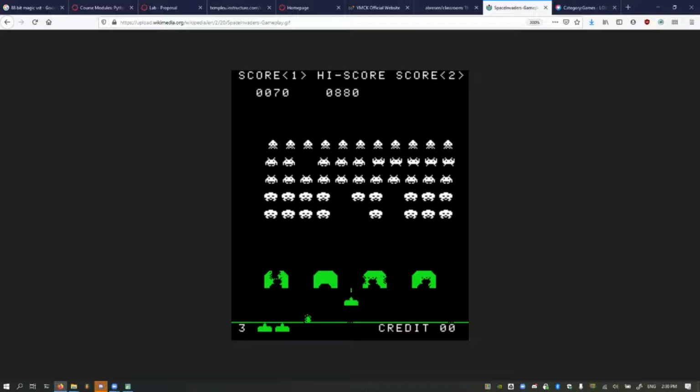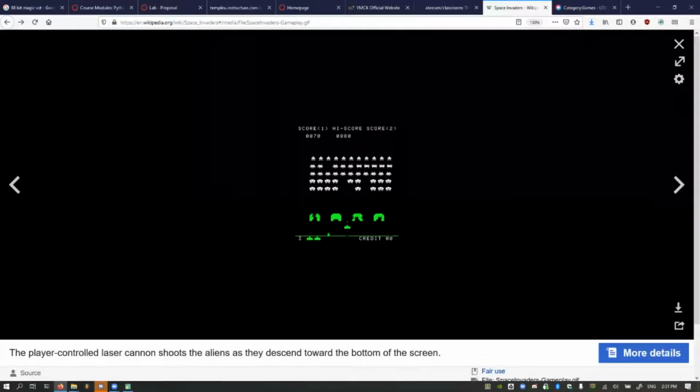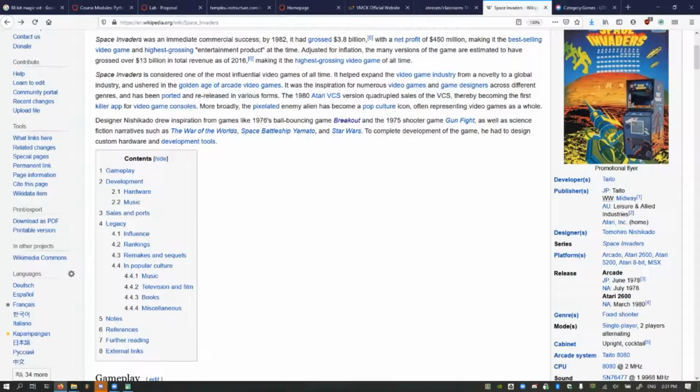And as the aliens get further and further down, they move slowly across the screen. They basically all move in formation. They all move to the right, then they go down a bit, and then they all go to the left. And then it keeps getting faster and faster. Galaga is another game like that, but Space Invaders is fairly well known as a game. Remixing it would be pretty awesome.